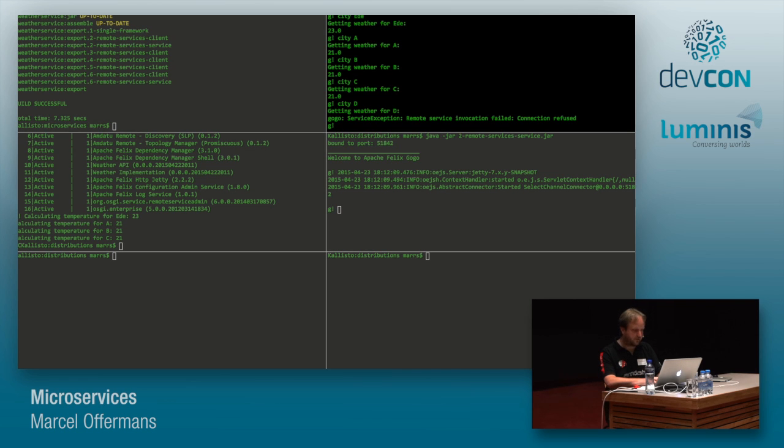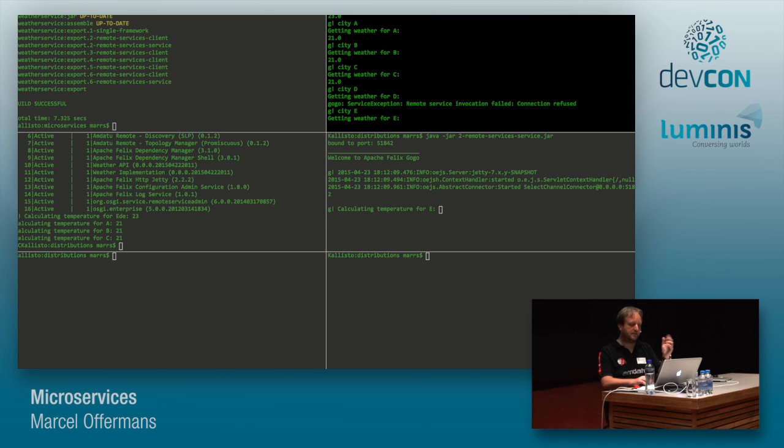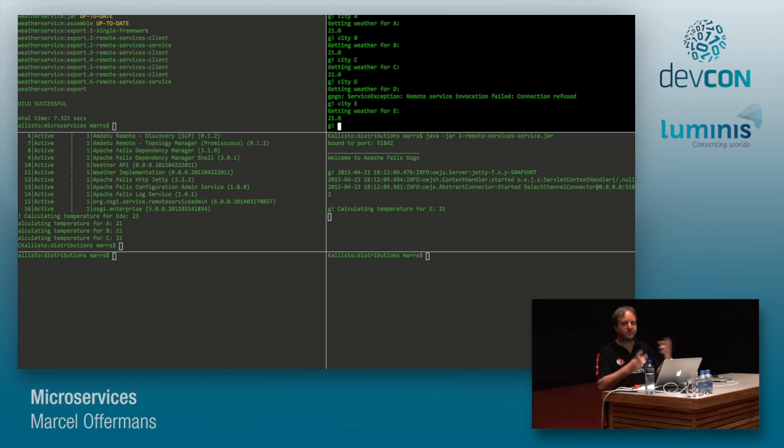And of course, it's a demo, so something should have failed. There you go. I was a little bit too quick to discovery. It takes a couple of seconds to see that something goes missing. So it actually thought that the first container was still there, tried to invoke it, and I got a runtime exception. And that's actually something in a non-demo application that you should always handle exceptions. Because whenever you're invoking a service, it could be going away at the moment you're invoking it.